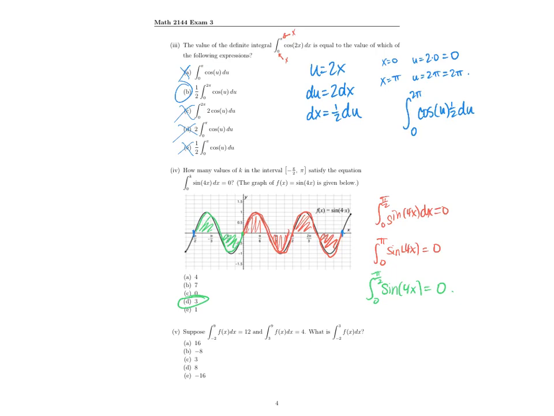Okay, last one on this multiple choice says that the integral from negative 2 to 9 of f of x is 12, and the integral from 3 to 9 of f of x is 4. And it asks for the integral from negative 2 to 3. I'm just going to draw a number line, put all these things on here. And so I know that the integral from,